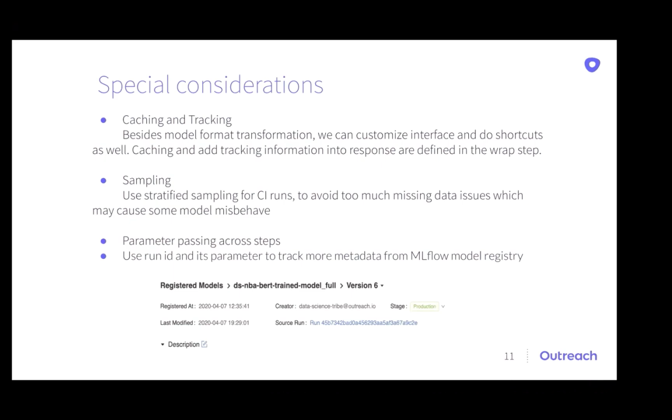When we tried to use the MLflow model registry, we found that the registry itself doesn't contain slots for actual metadata, such as the image URLs. But then we figured out to use the run ID. Basically, you can see from here there is a link to the MLflow run, which can contain whatever metadata you want to put into it. So we use this to associate the model with additional metadata.